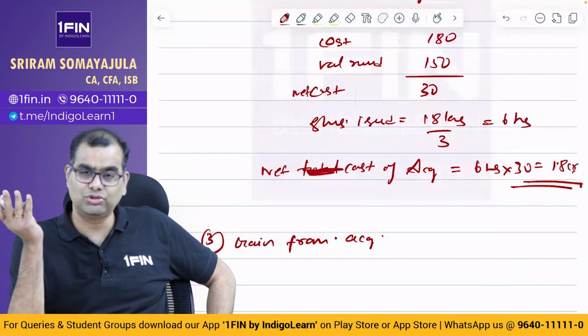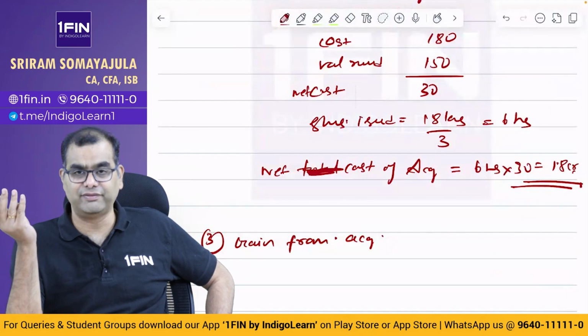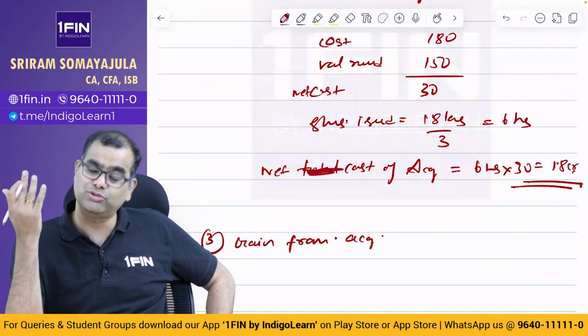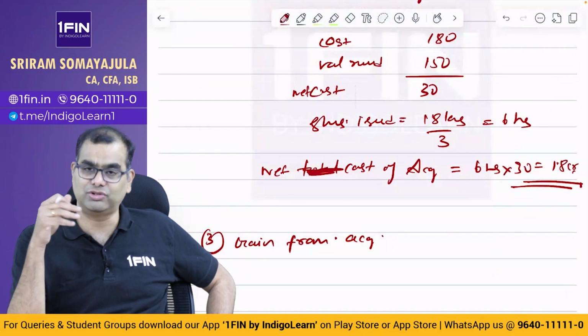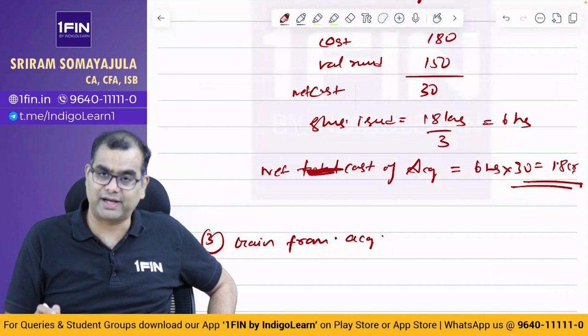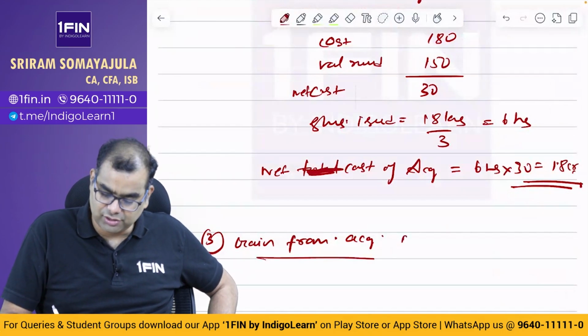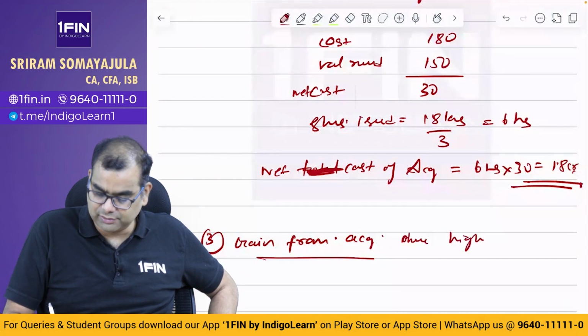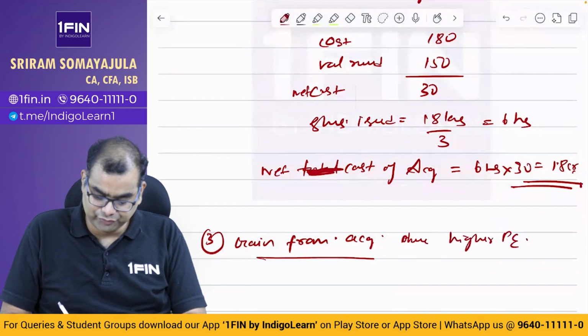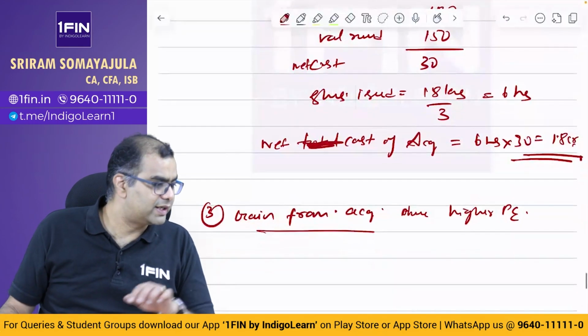See, they have also given the growth rates of dividend and all of that. So you can potentially use that method also to find out. There are various ways in which you can do it, but in this particular RTP, they have chosen to go by this one method, which is gain from acquisition due to higher PE. Is there a higher PE first of all? What is the data that I have here?